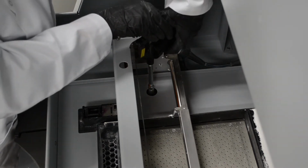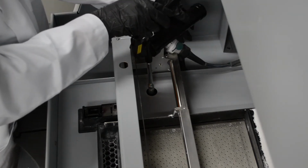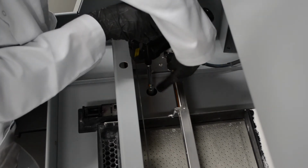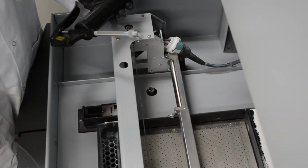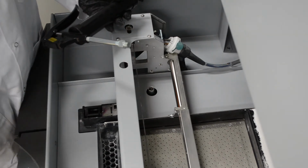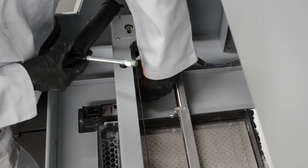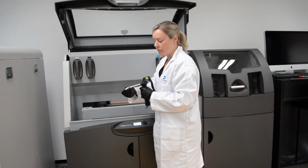in the gun. The next step is very important. Make sure that you release the grease gun by unscrewing the head. Turn the head of the grease gun to the right and keep screwing until it disconnects from the gun. You can then remove the head, reattach it to the grease gun,